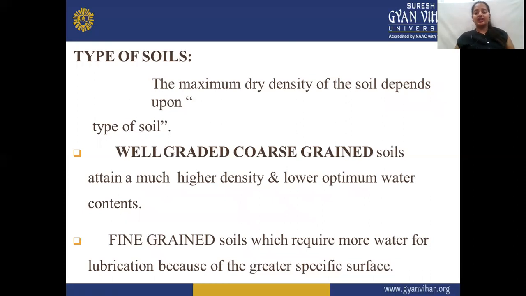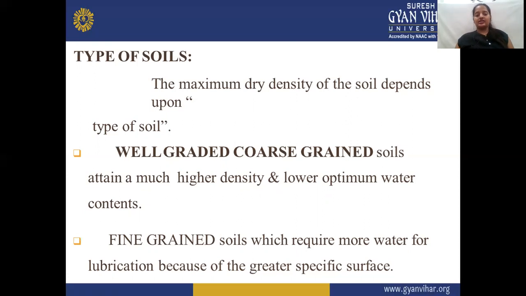There are different types of soil. The maximum dry density of soil depends upon the type of soil that we are using. So it is quite important to understand the soil which requires compaction, because each soil type has its own optimum compressive strength, and that is the reason why a soil sample is taken to labs, where it is tested and the optimum compressibility is derived.